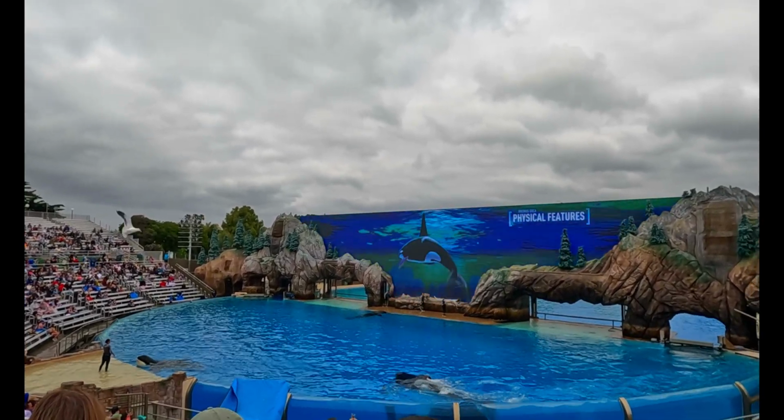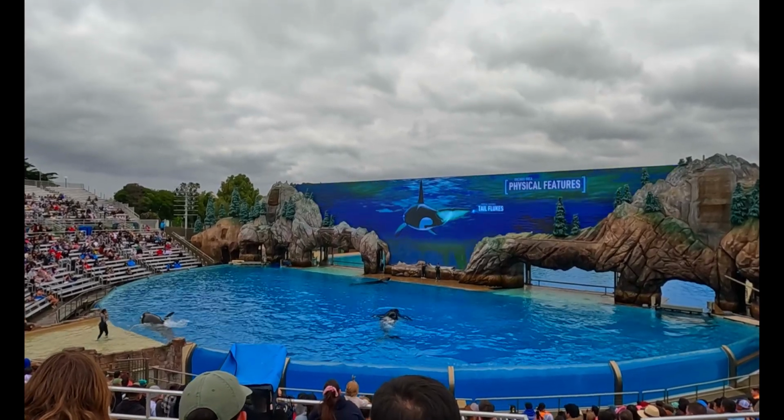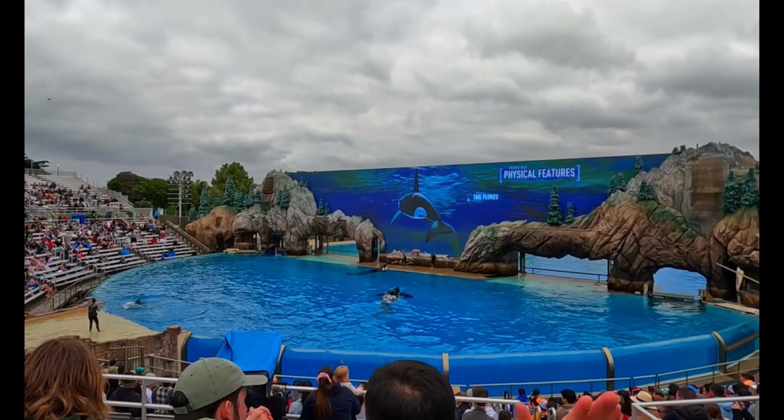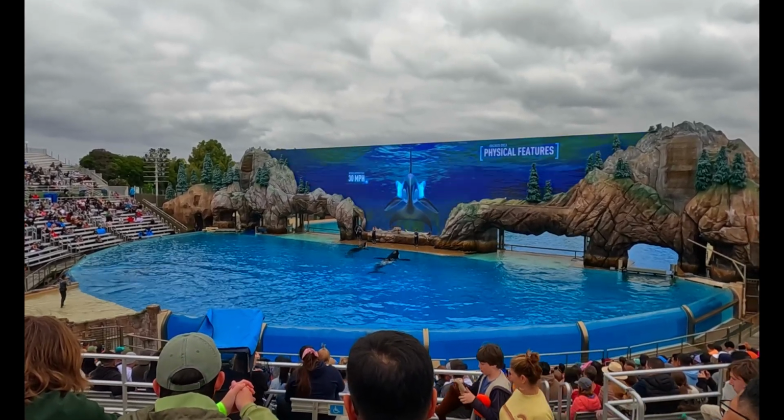Now, all the way at the end of their body are their lobes, and the tail flukes are the killer whale's engines, getting them up to speeds of 30 miles per hour, which is faster than some of our speedboats. But when these guys want to swim the fastest and use the most power,